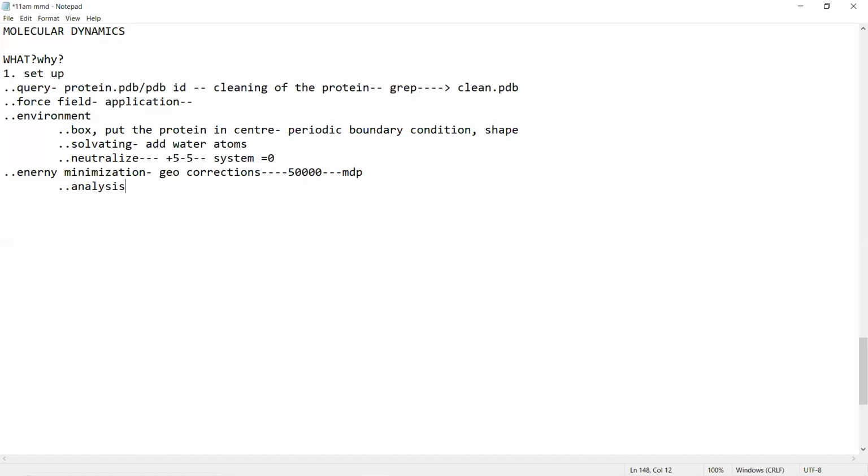This analysis will be computing the potential energy of the system, basically the protein. I will be checking the potential energy of my system, which should be maximum minus 1 into 10 to the power 5.